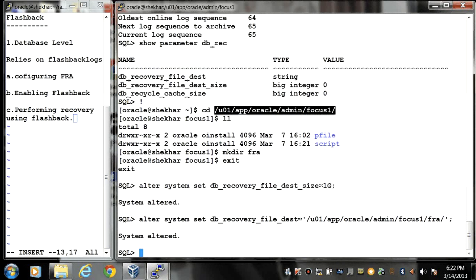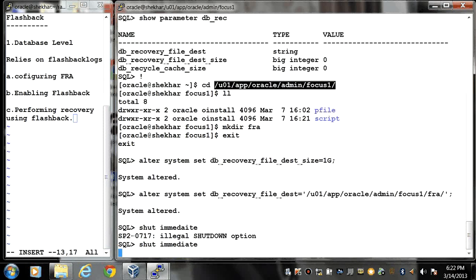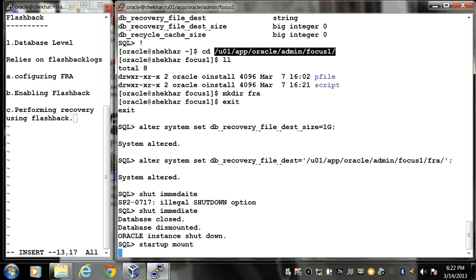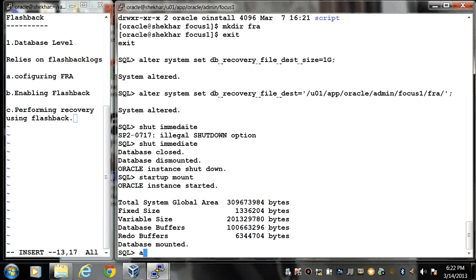Now I need to put my database in mount stage. So first shutdown immediate, then startup mount, then alter database flashback on.